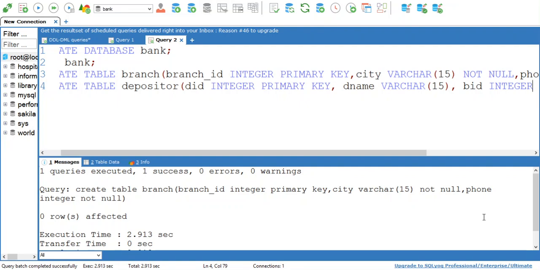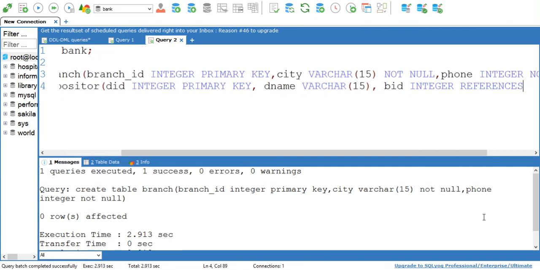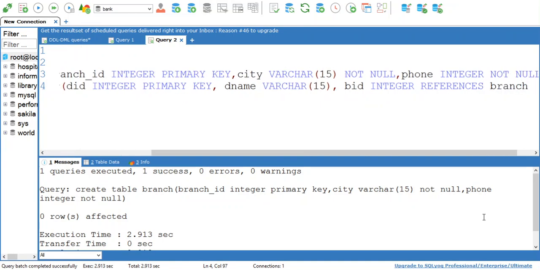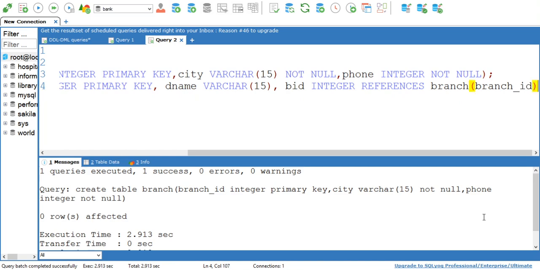Now I am connecting these two tables by using foreign key constraint. So here, after the definition of BID, I can simply write BID integer, then the keyword references, meaning this BID is referring to which table? To the branch table, and in that branch table, it is referencing the branch ID attribute.